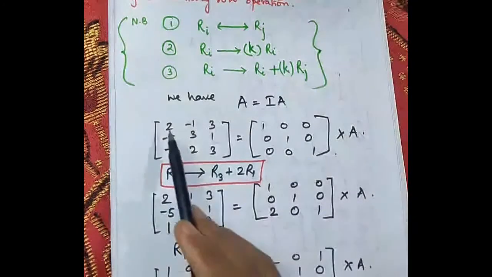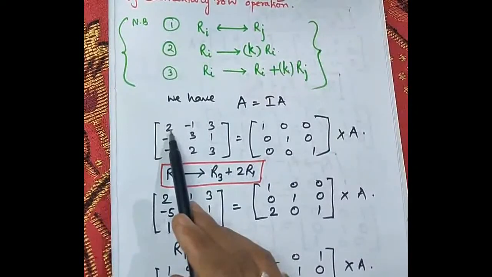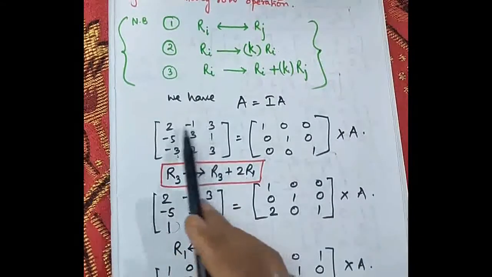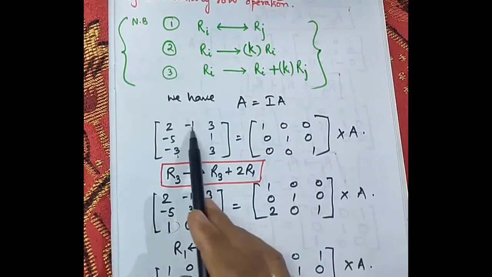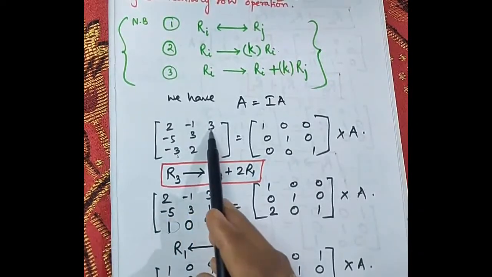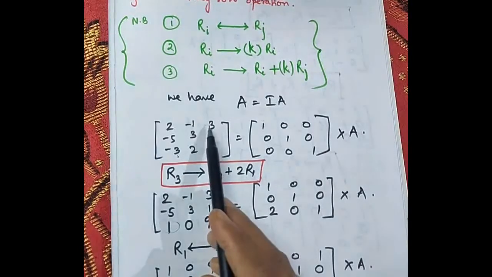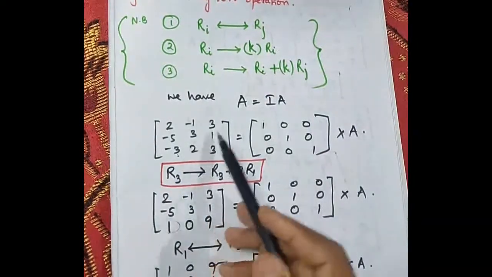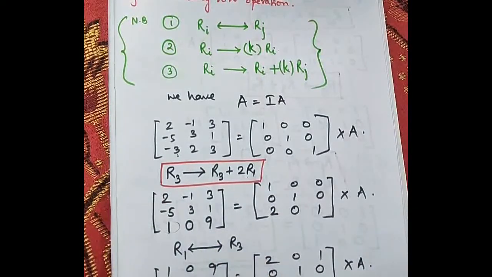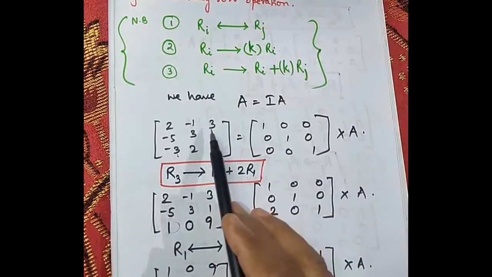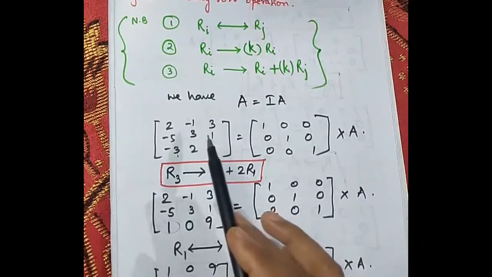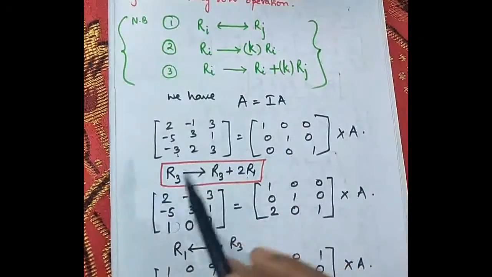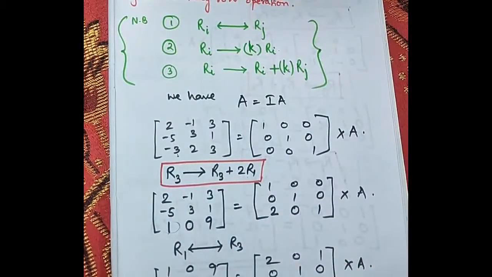Now you can directly make this one by multiplying half with this row. But if you are multiplying half, then this will become 1, but this will become minus half, this will become 3 by 2. And whatever operation you will perform later on, all the calculation will come in fraction. That's why in the first step, we should not take any fractional value. We should not multiply any fractional value to make it 1. You should avoid that multiplication.